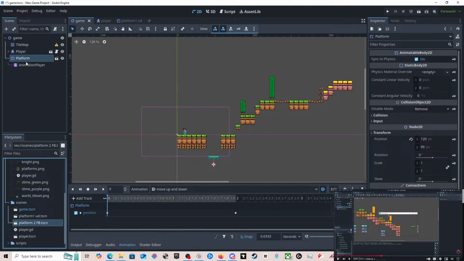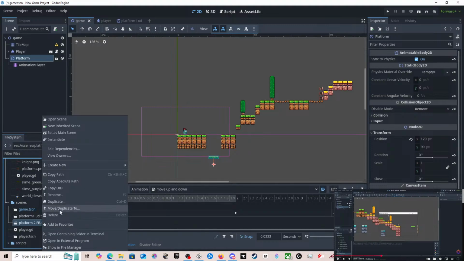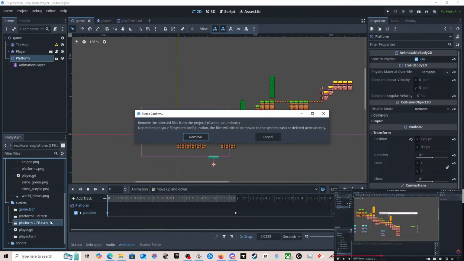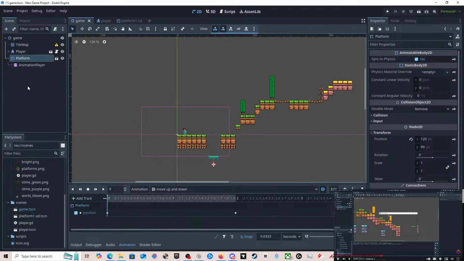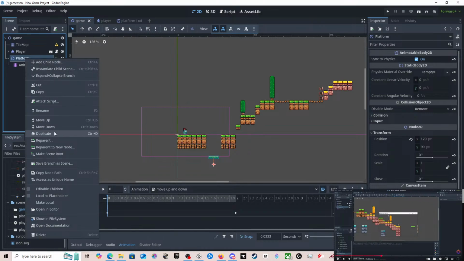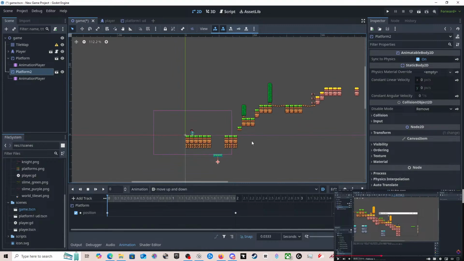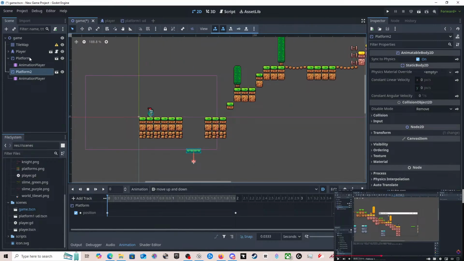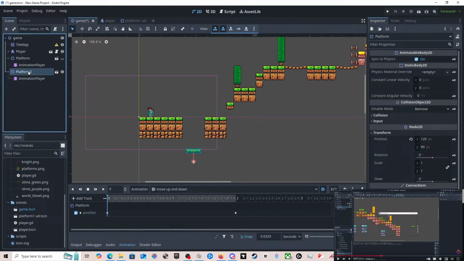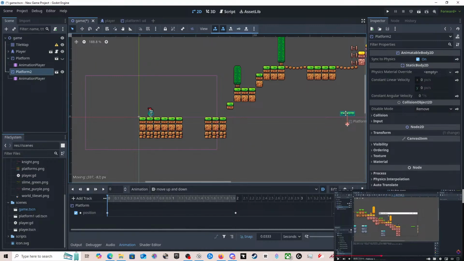I didn't want to duplicate that one. It was that one I wanted to do, wasn't it? Stupid. Yeah. Oh. It's this one I want to do. Platform 2. So that's that one. We can hide it. Platform 2. We can move it